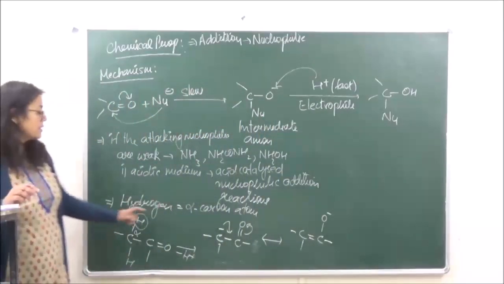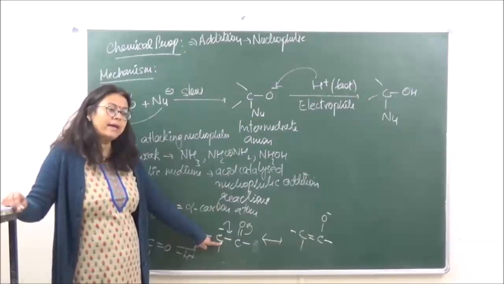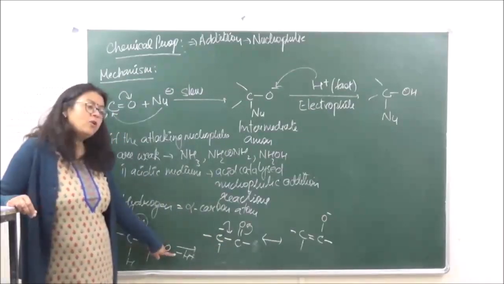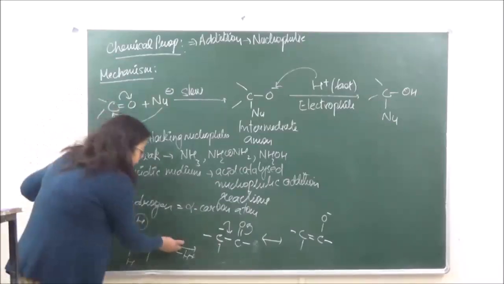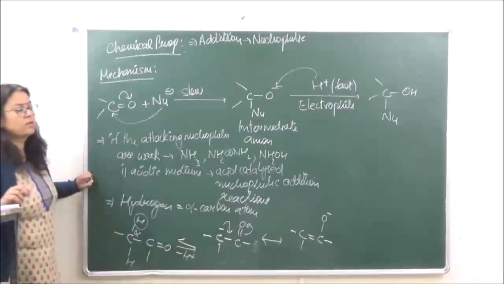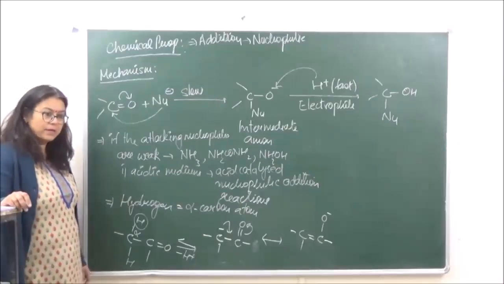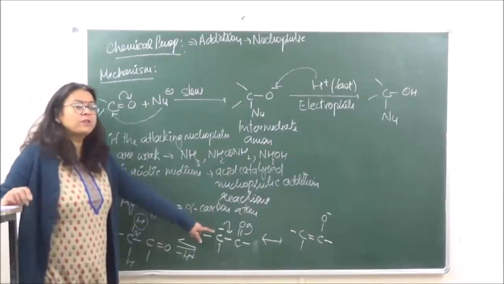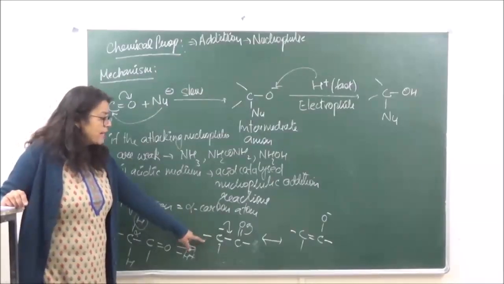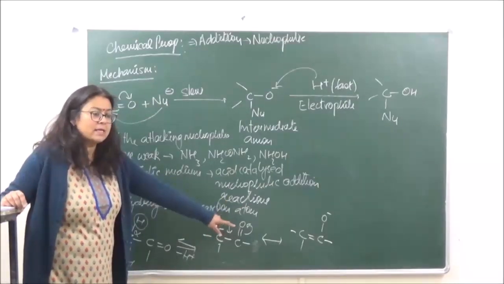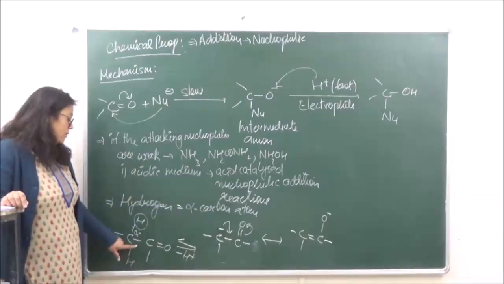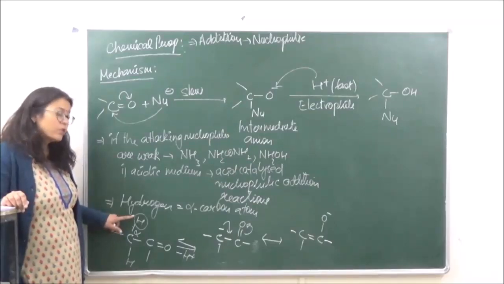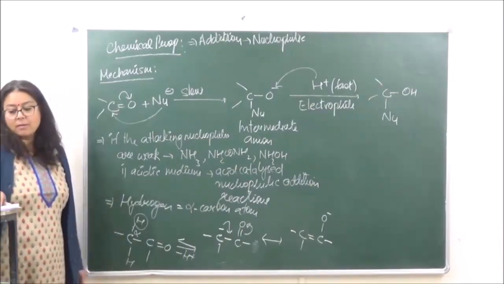Now because this is a stable anion which is being formed over here, this can easily lose H positive, as this is going to be a reversible reaction. Right? If the product is more stable, you know that the reaction will always go in the forward direction. Now this product which is being formed over here is resonantly stabilized. Because it is stabilized, this will always have a tendency to lose this proton attached to the alpha carbon atom.